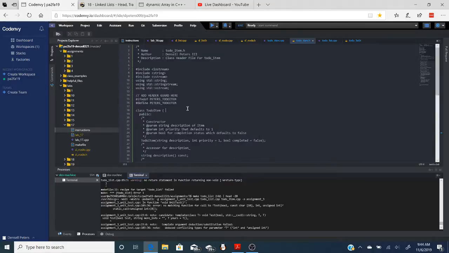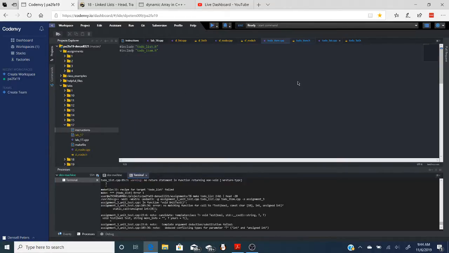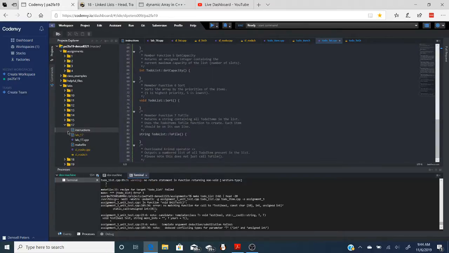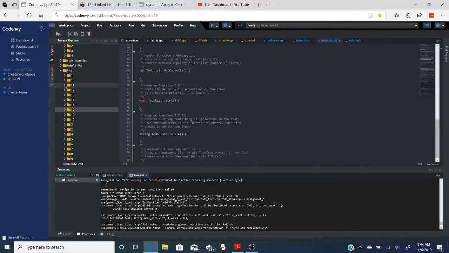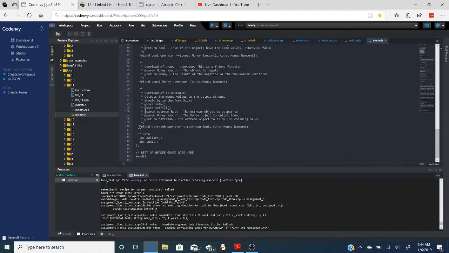So you have to create the dynamic node, an SL node star new node equals something, right? And then here you would say,